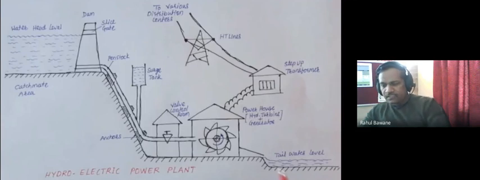Next, it is weather dependent, as I said, and transmission cost is very high. If it is a thermal power plant, I can select a site nearby the locality. But here there is a limitation. I can't choose a site anywhere. I have to build my whole power plant at selected sites, and it is always at a remote place. So whatever power is generated, I have to send that power through thousands of kilometers, and then it will reach the locality. So transmission